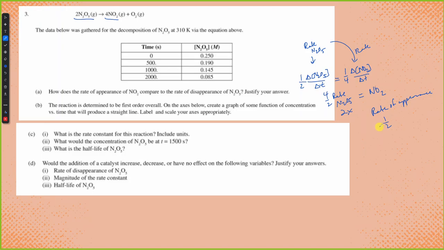Well, no, is the rate double the, that's right. Okay, I'm saying it right. Let me erase that. The rate of appearance of NO2 is double. I thought I clicked the pencil. There we go. Never mind. The rate of appearance of NO2 is 2 times the rate of disappearance